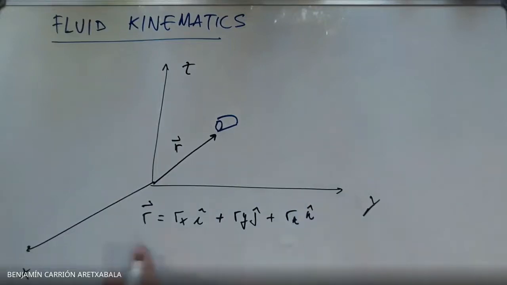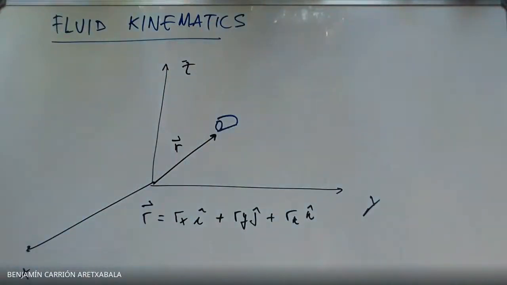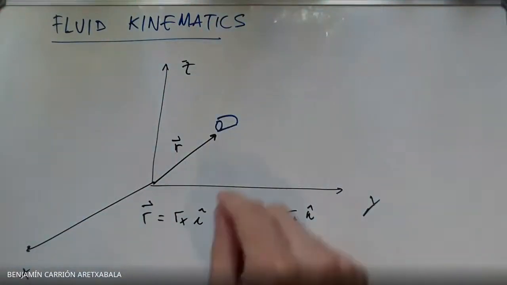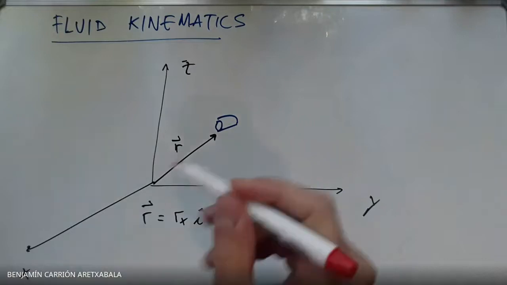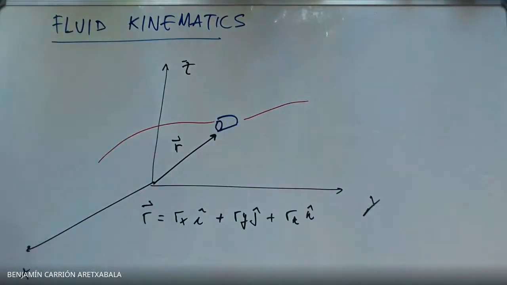This is the same as the x, y, and z axis, right? And let's say this parcel of fluid is moving, following a certain direction. So it has a velocity,